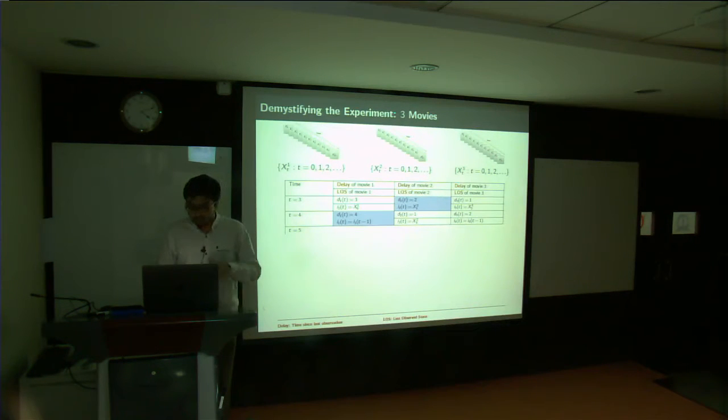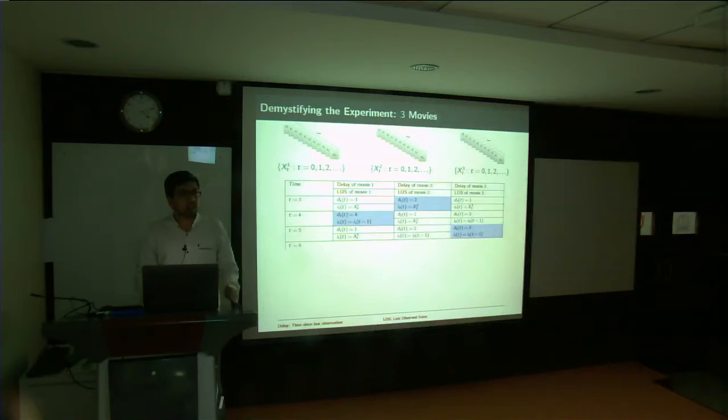So the last observed states keep moving. As long as you don't observe a movie, your information about where the movie was stopped is still the same. It has not changed at all. So I1 of t is I1 of t minus 1. I3 of t is I3 of t minus 1. I2 of t though is whatever you collected as the last observed state of the movie when you observed it the previous time instant. Now let's say at t equal to 4, you choose to look at movie 1. This will get updated accordingly.